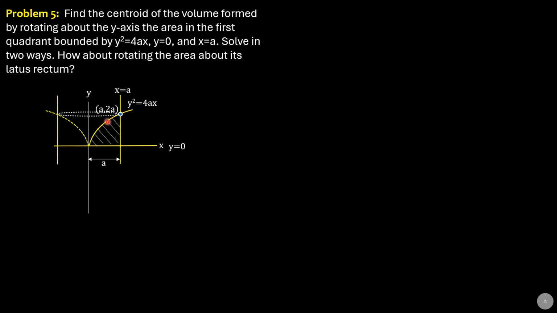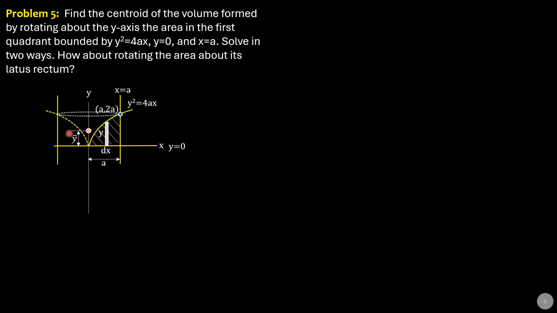So this is the reflection, or when this region is revolved about the y-axis, that would be the figure, and we consider a vertical strip here as our first method. This is the centroid of the entire solid. Imagine this is revolved about the y-axis, so that's the resulting solid. Considering the vertical strip, the height of the strip is upper y minus lower y, which is y equals 0, so it is just y, and the thickness is dx.